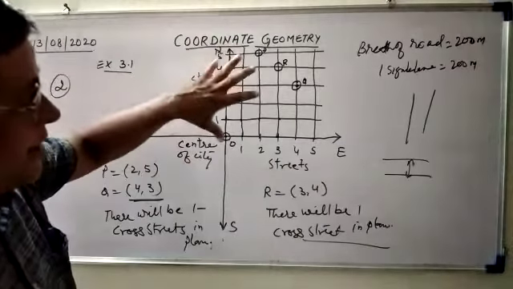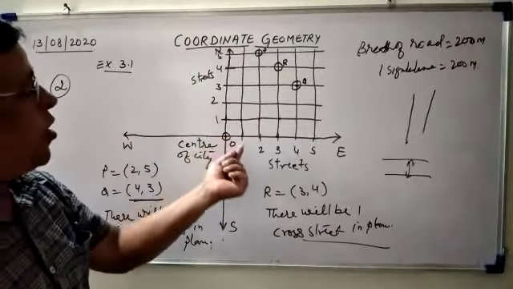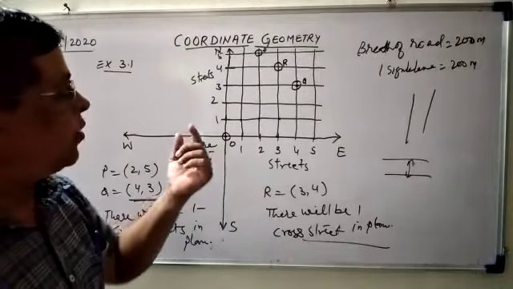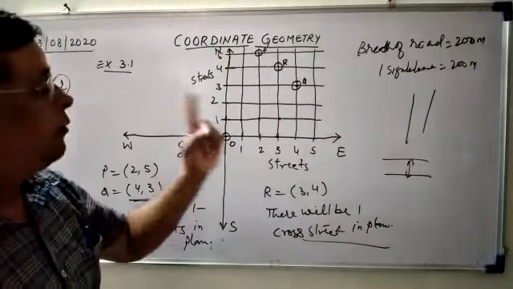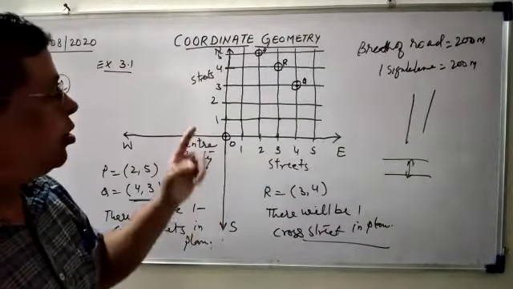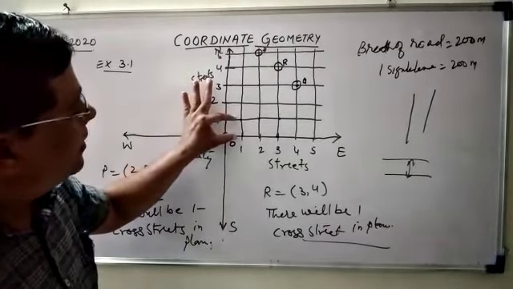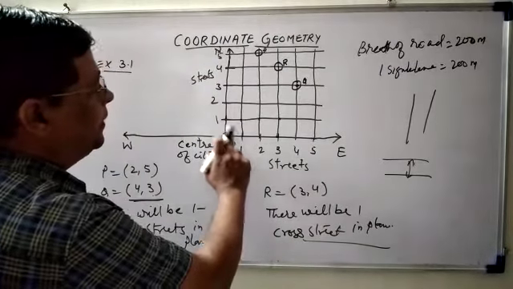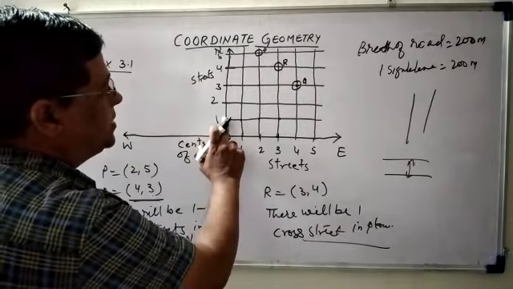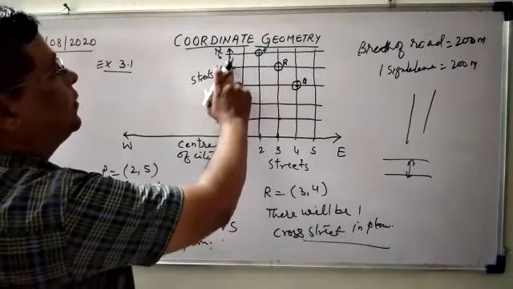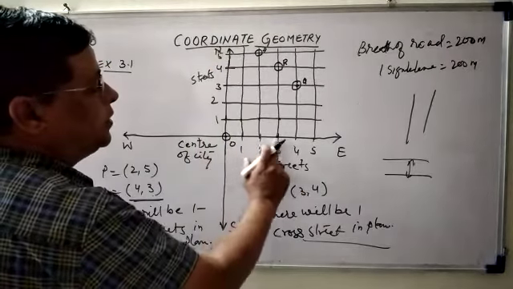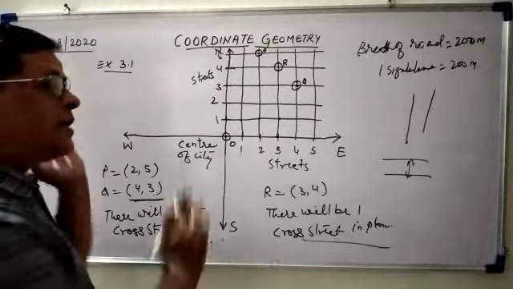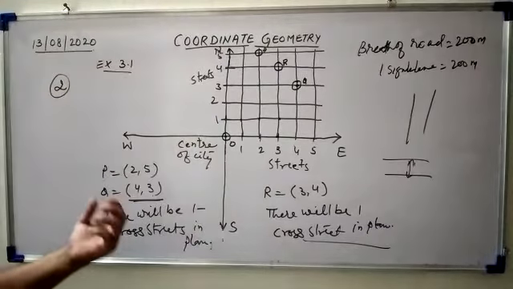The major thing in this plan is that we have to show every street and every cross road with a single line. Don't think this will be a road and that is a street. This is one street, this is the second street, third street, fourth street, fifth street. Likewise, 1, 2, 3, 4, 5. This way we will solve this question. Okay, dear.